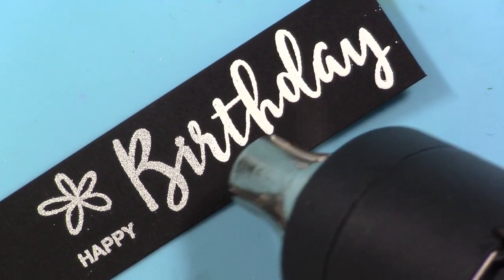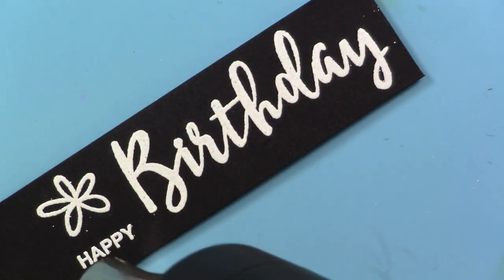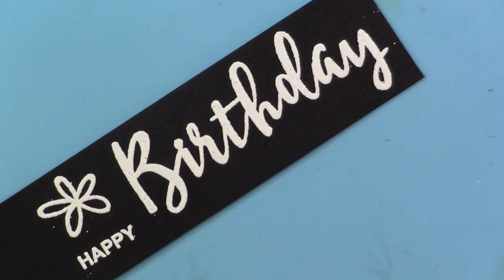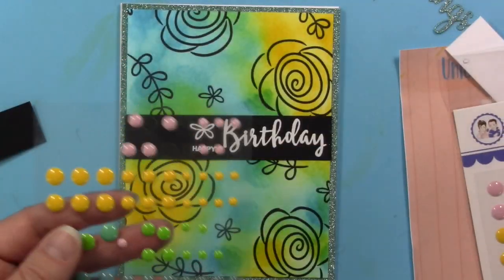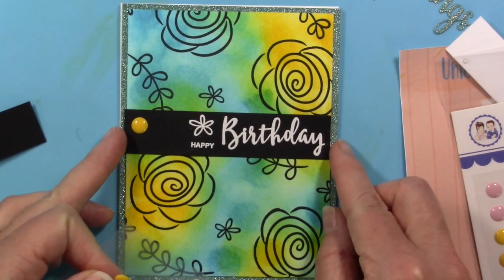Then I'm going to heat emboss with my heat tool. I love to watch the embossing powder turn from that grainy to the nice smooth that you can see on this little sentiment I stamped. From there, I am just going to add some of the embellishments that I have in my stash. These happen to be enamel dots from